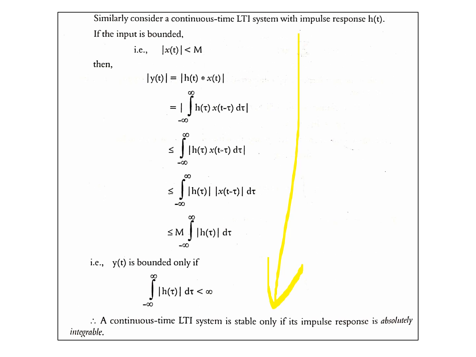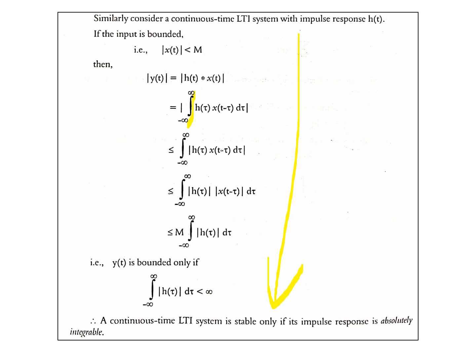In the place of summation there is integration, because it is a continuous time system now. Therefore I'm not going to explain this once again. It is a repetition. Please go through this on your own. It is self-explanatory. It's a very important question in the exam also. Either for a continuous time system or a discrete time system, you'll be asked to derive the stability condition using impulse response. Please go through both of these.